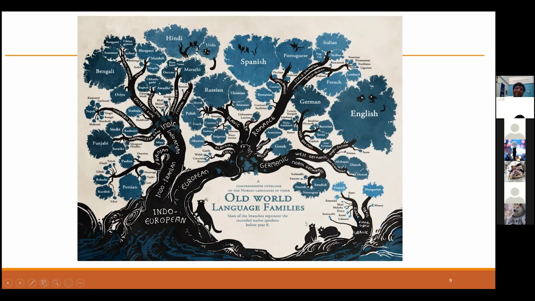Now the left one, which is Indo-Iranian, is a combination of your Persian group of languages. Again, your Northwestern, which is Punjabi, Nepali, Bengali, Marathi, Urdu, Hindi. So you can see how all these languages are related to one another. So this is one singular reason why a person speaking any one of this language family can easily pick up any other language family.